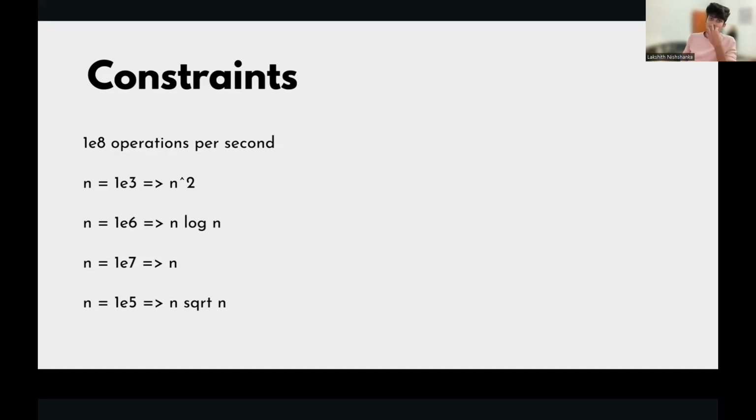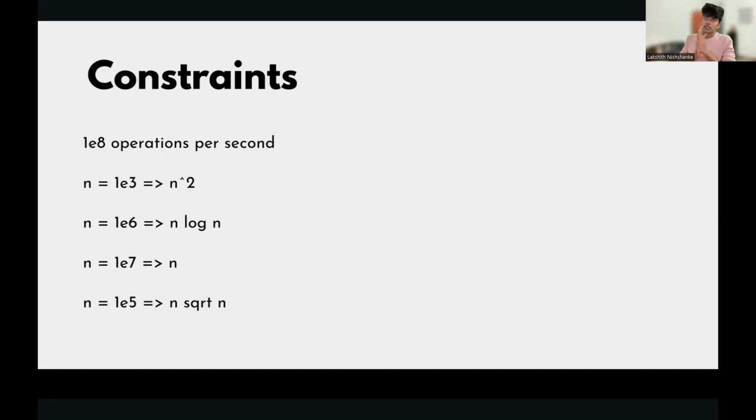Another thing is that different computers take different times, in terms of milliseconds, let's say, to run operations. So we can't look at a program and very accurately say how long it's going to run.